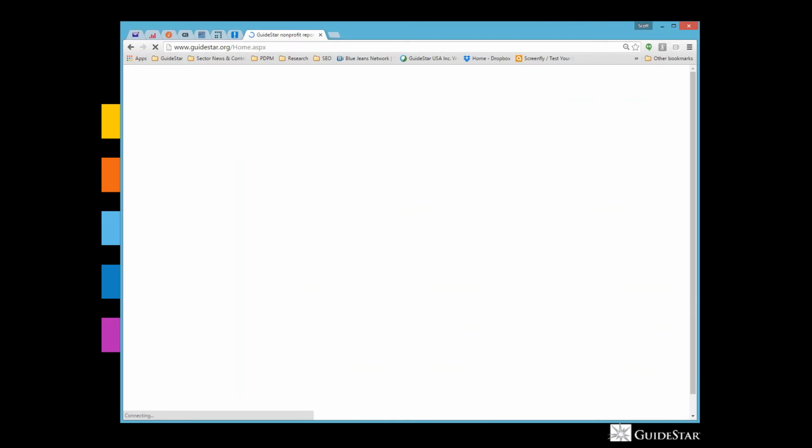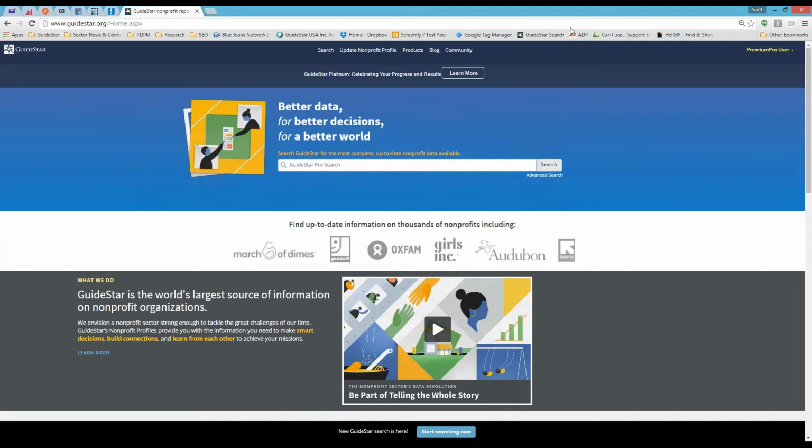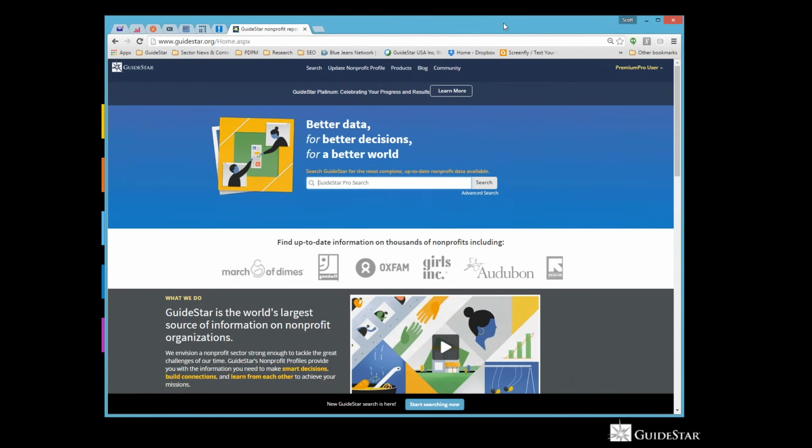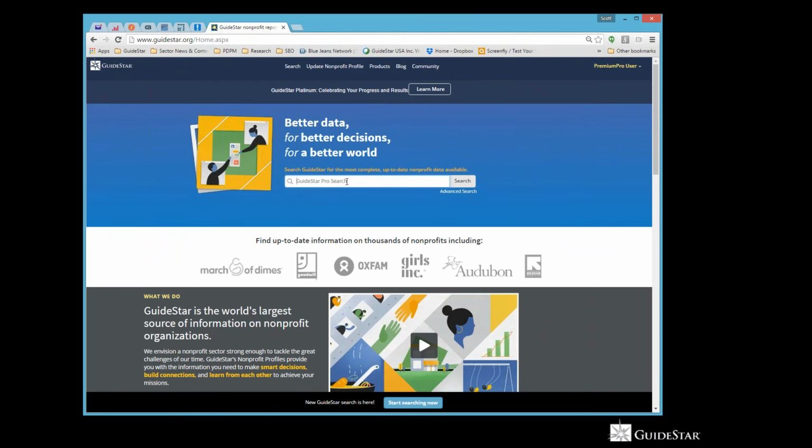All right, before we really get started here, I just want to say that the new search page is available. The homepage search box will take you directly there. You can also get directly to the advanced search page by clicking this link on the homepage or this link in the header, and it will take you right to the same page. But let's just get started by entering our search term